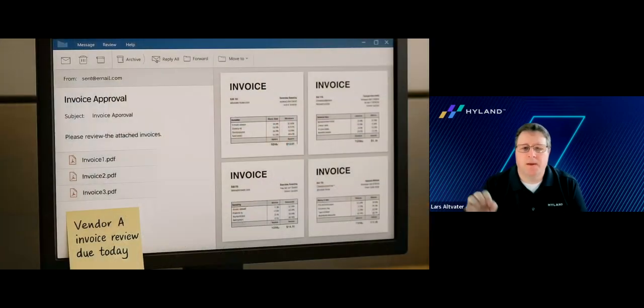I want to talk about this guy, and let's call him Gary. Gary works at a big company, super smart. He's been there for 15 years. Really knows his stuff. But every morning when Gary comes in, he spends the first couple hours of his day just combing through his inbox, whether it's his email or his queues in workflow.